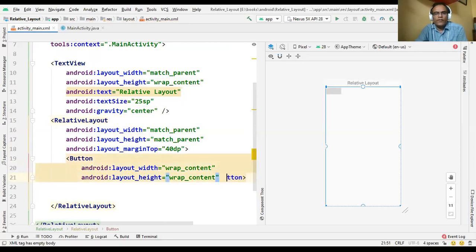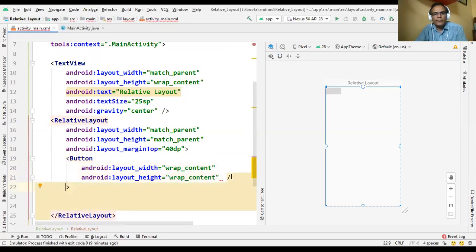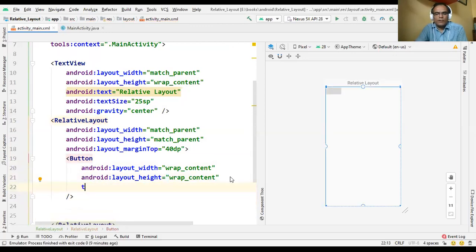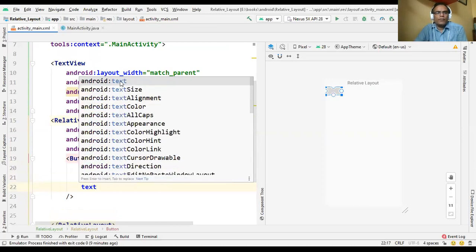Here we use the text property for this button: Button 1.